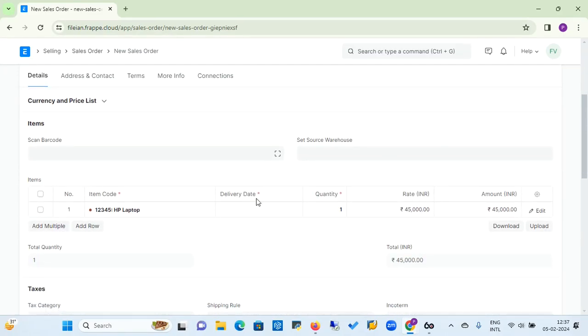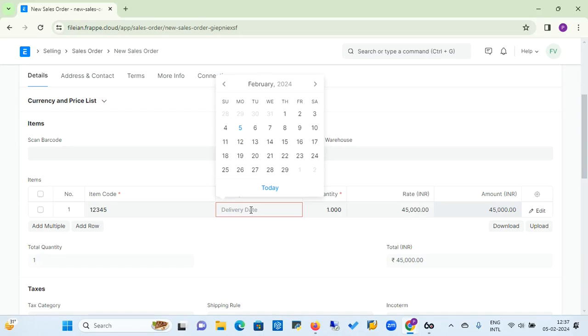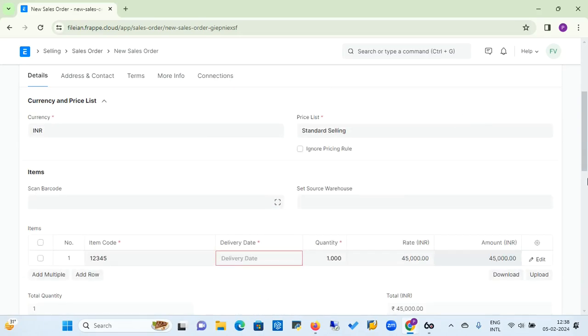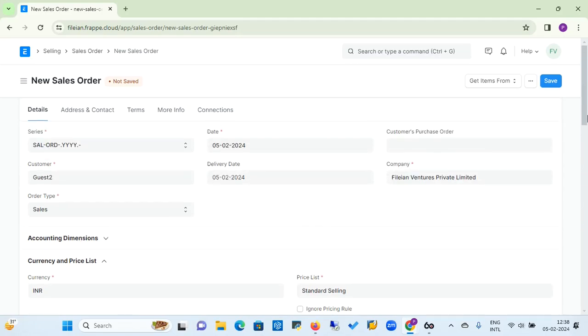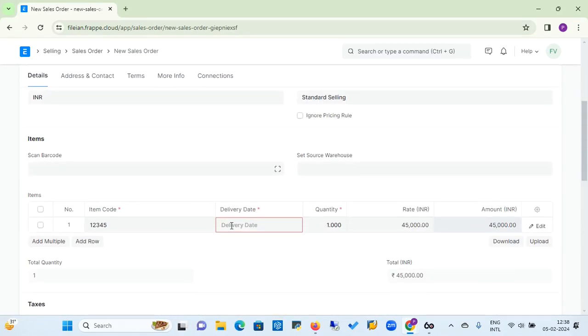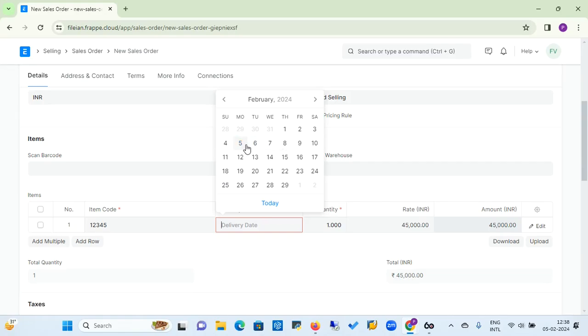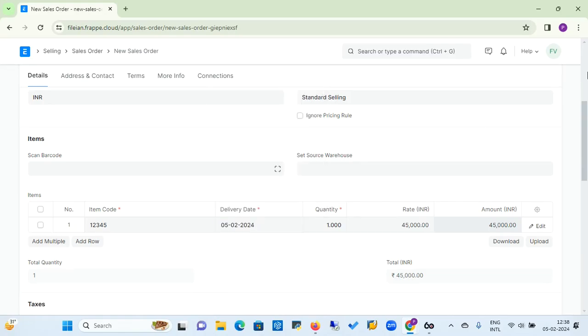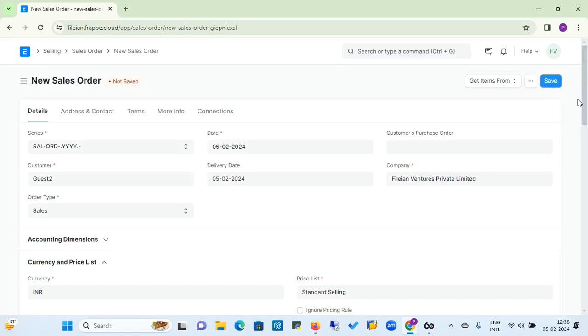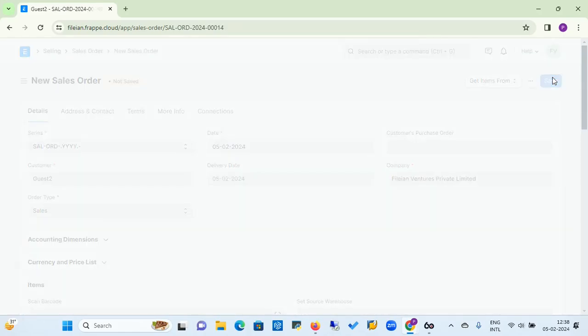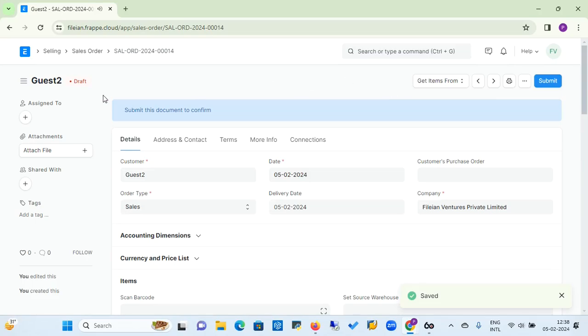Here in the item table, you see that the delivery date column is there, where you have seen that red color asterisk sign, and I kept that field blank. Then again here I need to put some value for the delivery date. So I'm selecting it as today's date itself. So now I am able to save this record because we have provided the input value for the delivery date. Yes, this sale order is now saved, which again goes to the draft state,